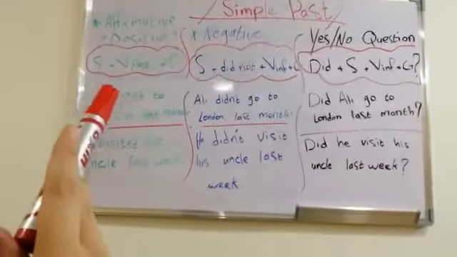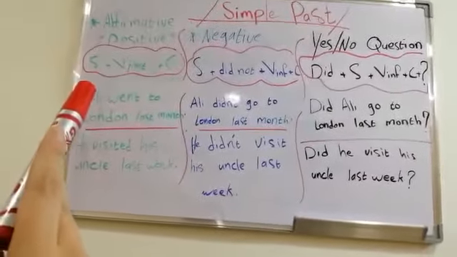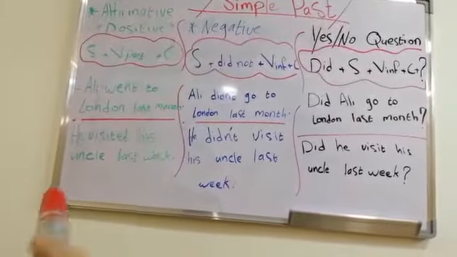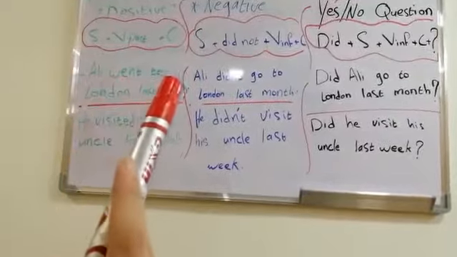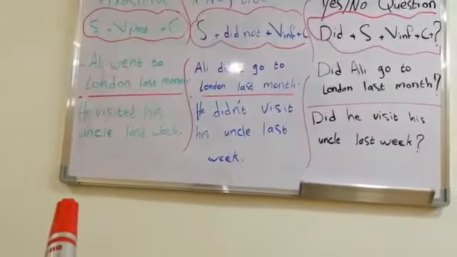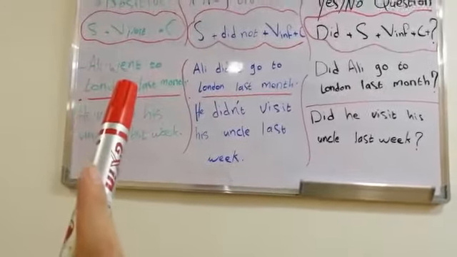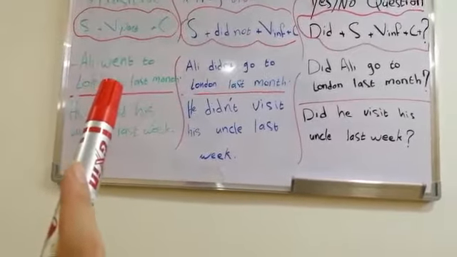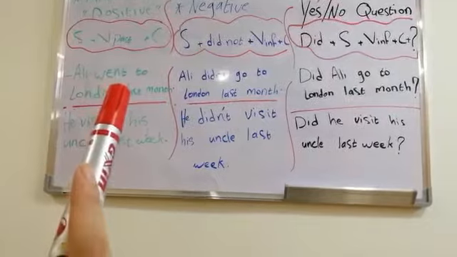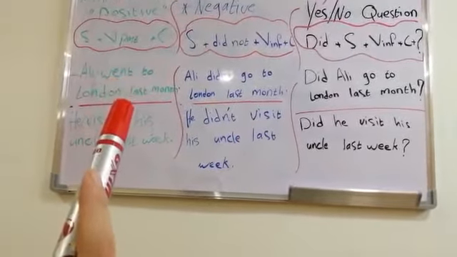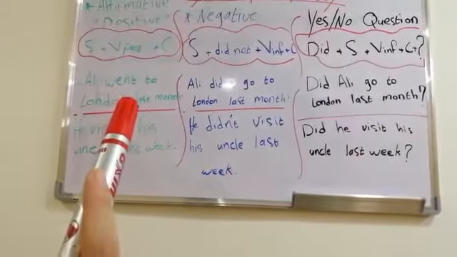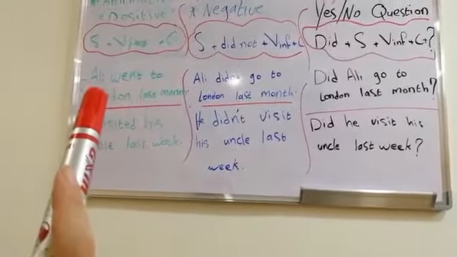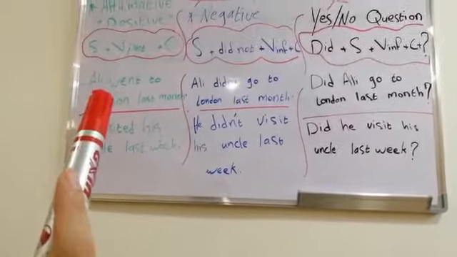Simple past. Here we have subject, verb in the past tense, and the complement. Ellie went to London last month. Here we have the verb went. It is the past form of the verb what? Go. Ellie go, or goes in the present tense, but in the past tense we have Ellie went